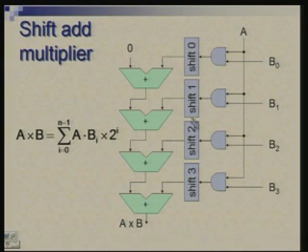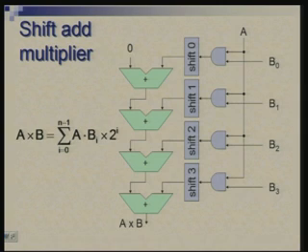So, when I say that these shifters are simply wiring, it means that these 4 bits are connected at appropriate points at the input of the adder. You connect directly, or shift by 1 position, or shift by 2 positions, or 3 positions, as the case is. All right. So, this is one very simple way of capturing this idea of summing the partial products to get an unsigned multiplication. Is there any question about this?